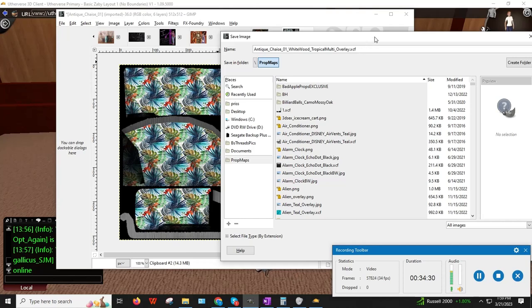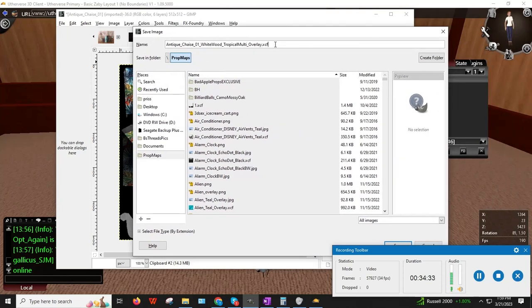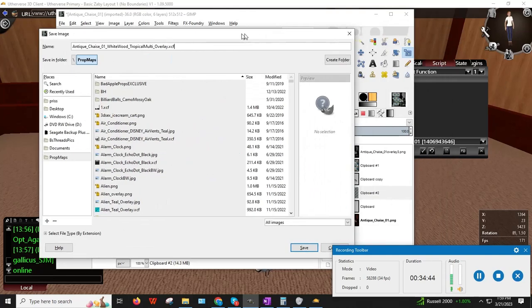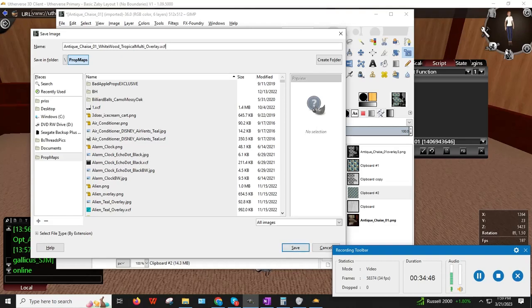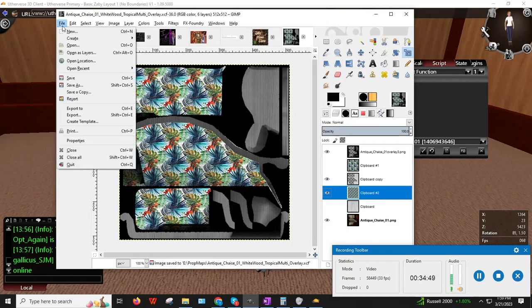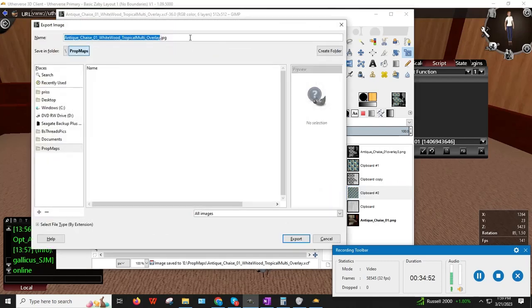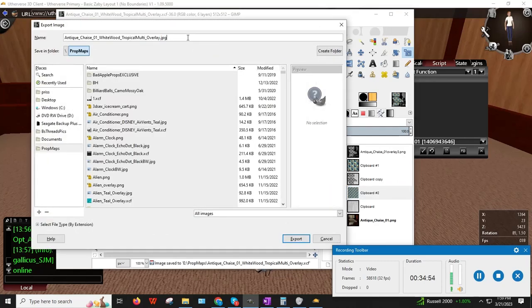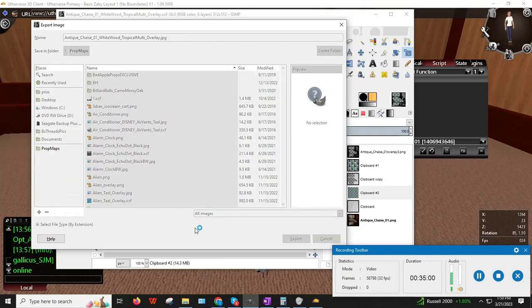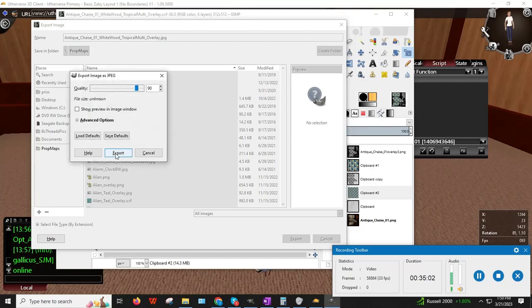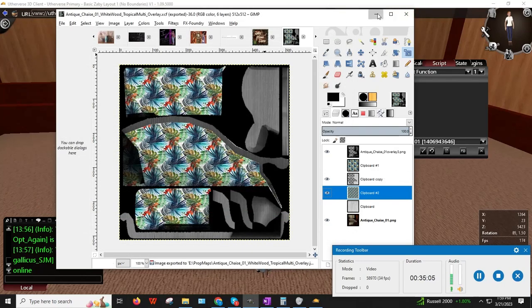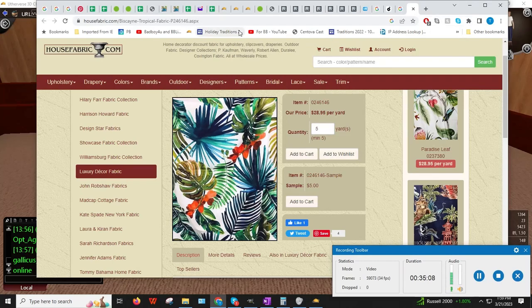And the XCF file is the file that saves all of your layers. You are going to need that file. If you have more than one layer, you need to save it as an XCF file. And you can click on the save button, or I just hit enter on my keyboard. After you save that file, you want to export the finished product. This has no transparency, so we're going to save it as a JPEG. Click on export or hit enter on your keyboard. Another box is going to pop up. You're going to export it again, and then we are going to upload it,